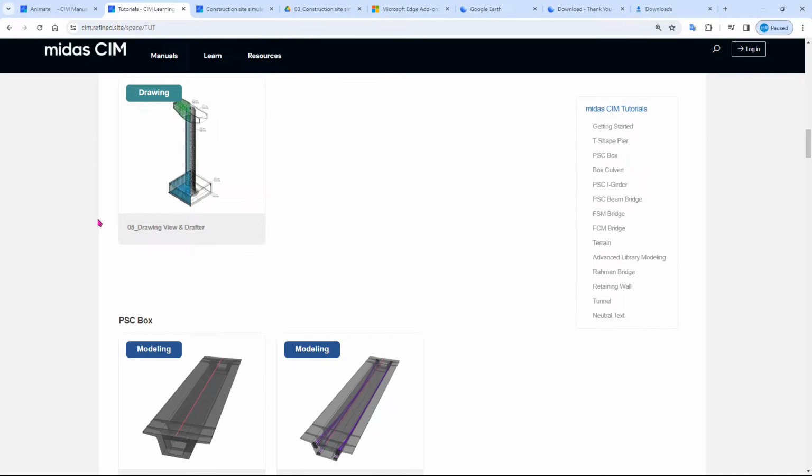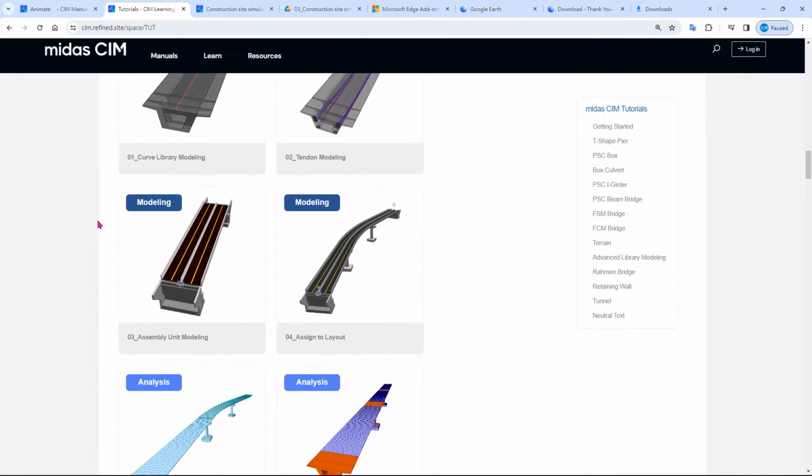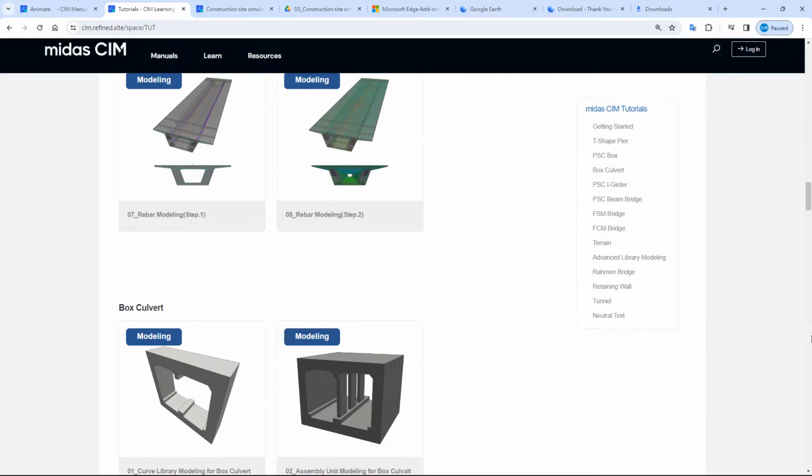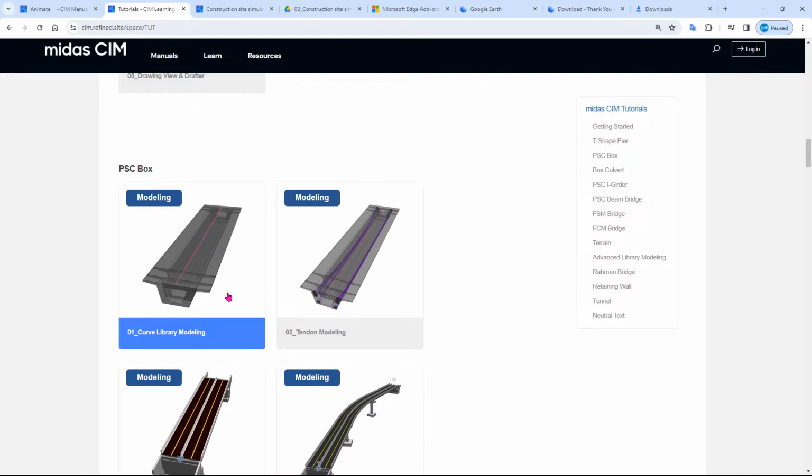so 2 days from now we will be creating the PSCI bridge here, but the two classes will be given by my colleague Angel, and it will be given in Chinese, I think. Yeah. Okay.